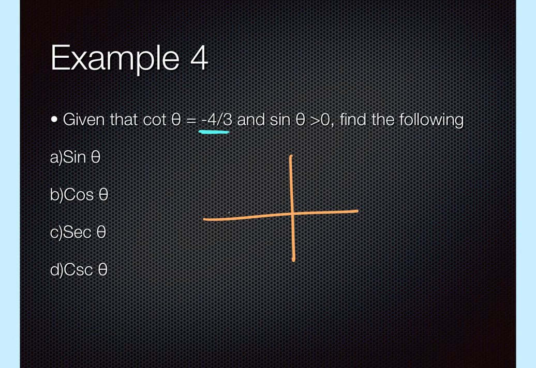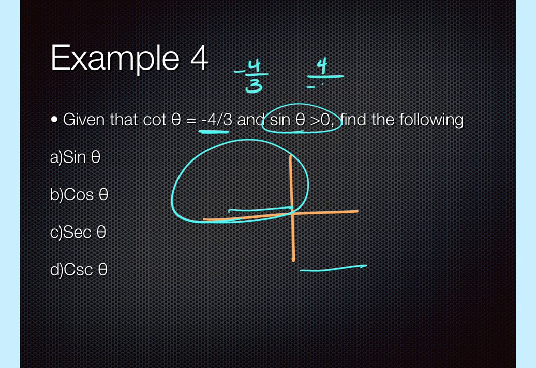The second and the fourth, right? Those are the 2 where cotangent can be negative. And this is why the second piece of information is given. Sine has to be positive. Which of those has a positive sine? Only the second quadrant, which means this negative 4/3, which could be a negative 4 over a positive 3 or a positive 4 over a negative 3,